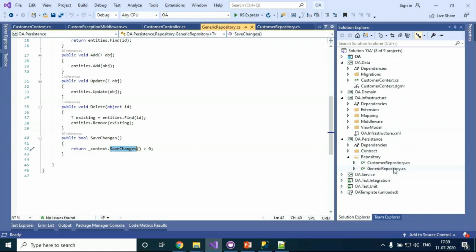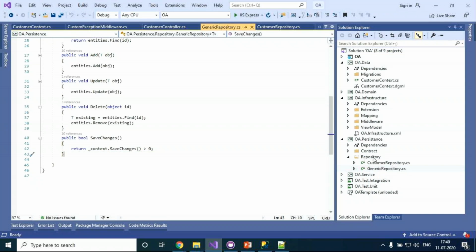In my persistence layer, I'm talking about the generic repository design pattern. So in this project, you can see the two repository design patterns here, which is not good, right? If you want to have a best practice, you think that you had already done it, but internally there are two things.